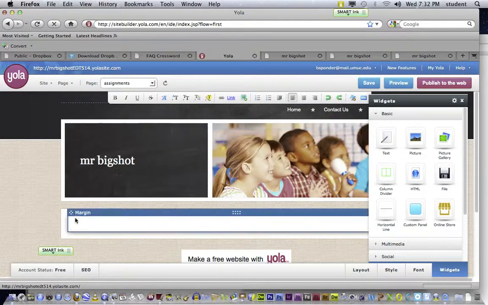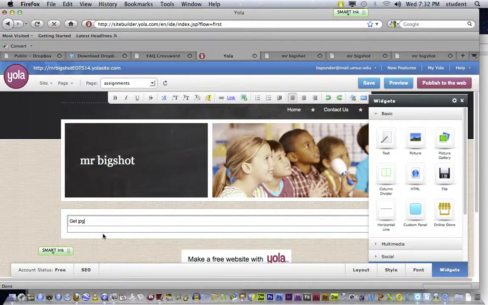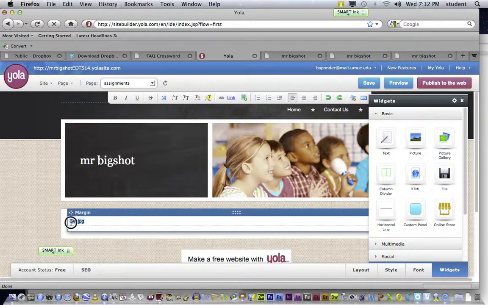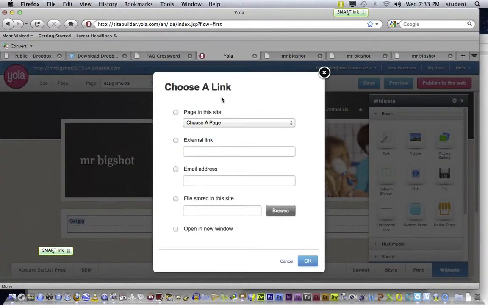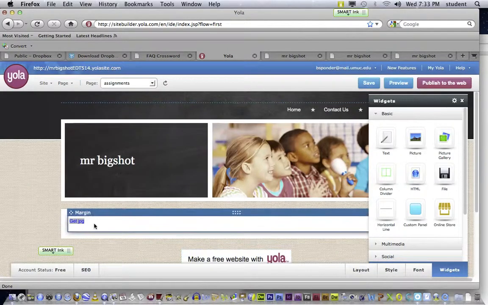So I've got the text in here, so I'll say get JPG, whatever that is. Now watch carefully. I highlight this, see that? Then I go up here to the editing bar, and I click on where it says link. And son of a gun, an external link. And I will paste that in and click OK. Now, last thing for me to do is just to,